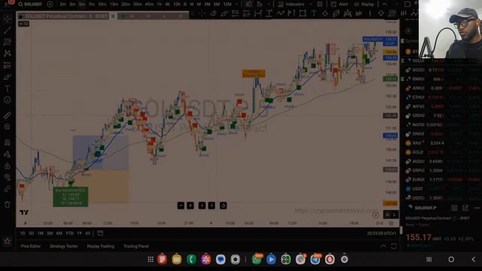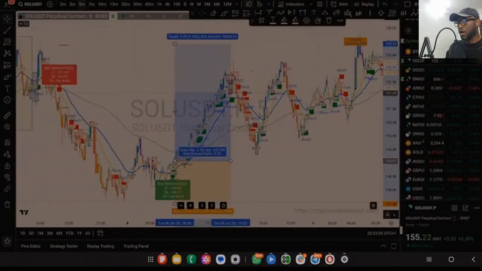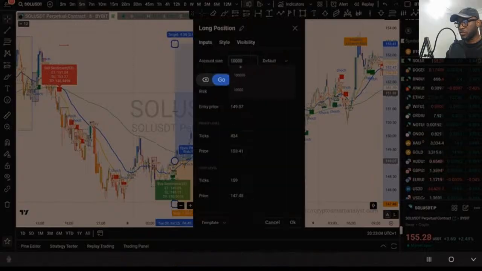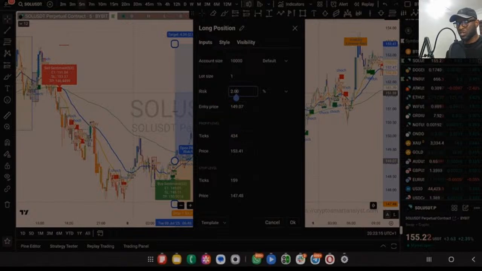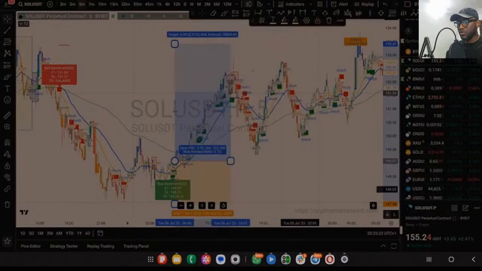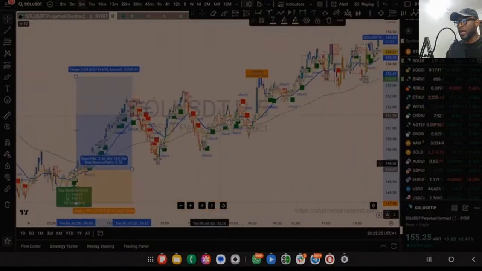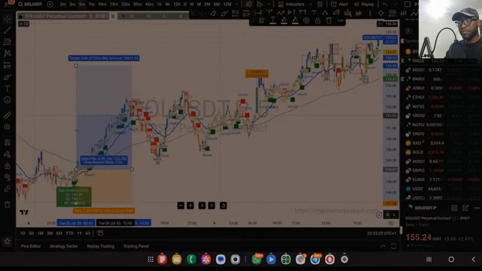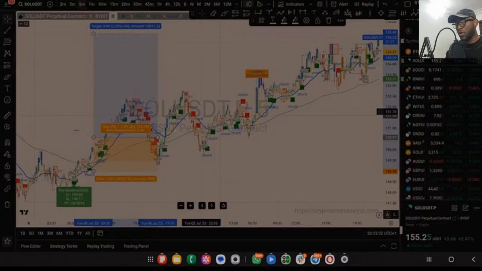When using your projection tool, you want to set your capital. Go to the settings of your projection tool. You set your trading capital, then you set your lot size and you set your risk. Like I said, your risk should not be more than 2% of your capital per trade. Max 2%, sometimes 1%, 0.5%, 1.5%, or whatever you can afford to lose in that trade. Then you set your risk reward ratio, place your entry, and you're good to go. Check your stop loss, and as the market moves, you adjust your stop loss to go along with it.